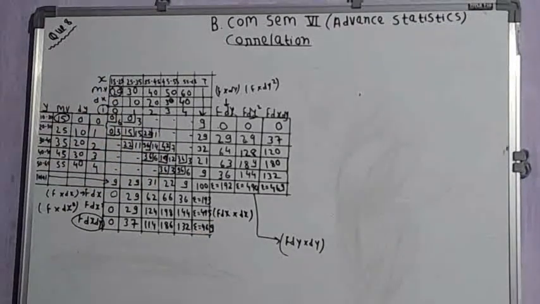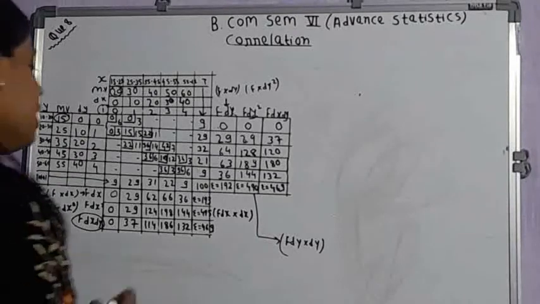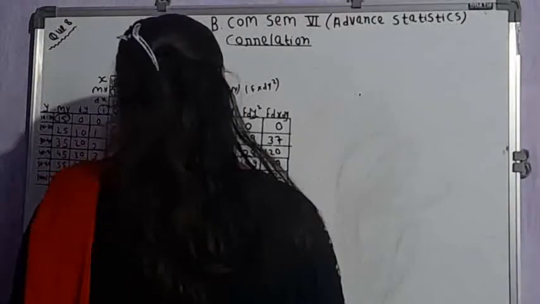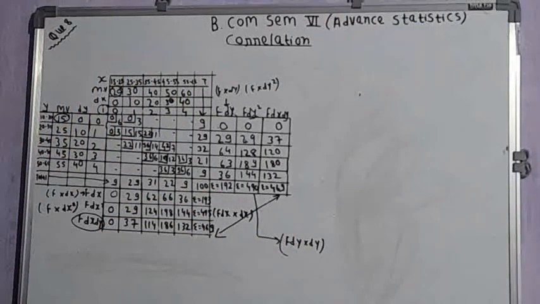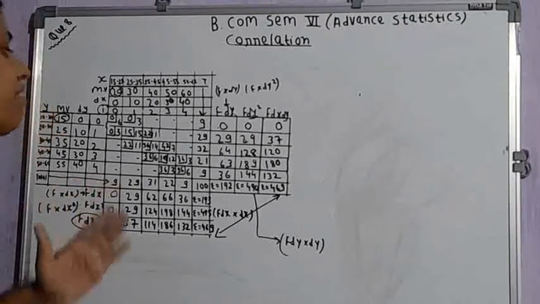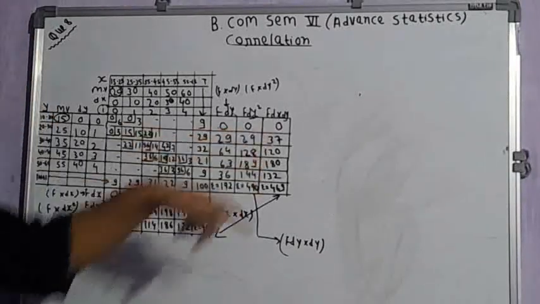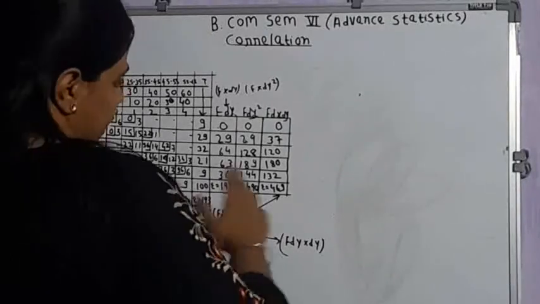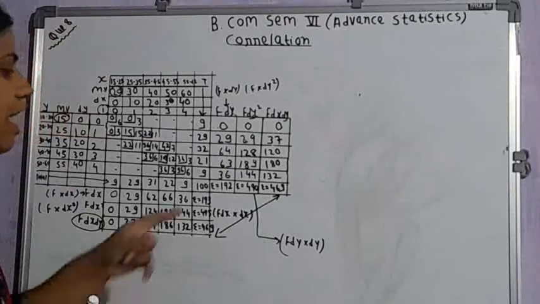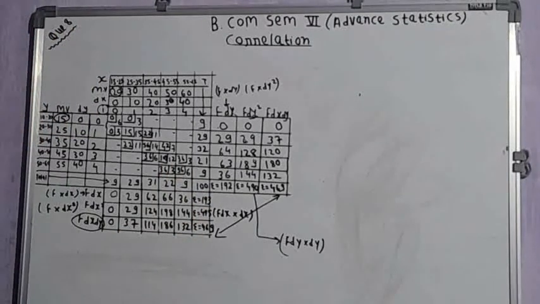So in case of x variable and y variable, summation f dx dy should be equal. Here, do we have equal summation f dx dy in case of x variable and y variable? So yes, in case of x variable we have summation 469 and in case of y variable as well, we have summation 469. So here we are done with the half problem. Okay. Now we are done with the preparation chart, and if this value is equal, it shows that your preparation chart is correct. Now what is the next step?